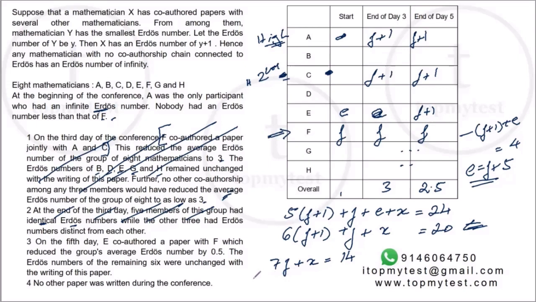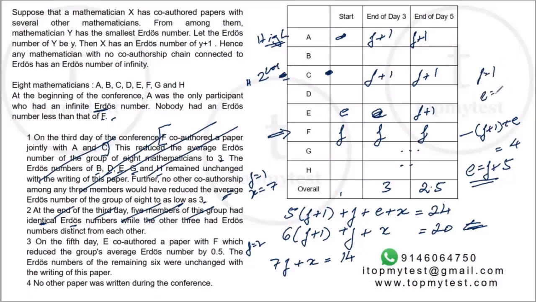If I put F equal to 1, X will become 7. Possible. If I put F equal to 2, X will become 0, which is not possible because only Paul Erdős can have 0 as a number, and we don't have Paul Erdős' spirit over here. I know it's in his memory, but his spirit is not present here. So that will be a completely different scenario. So basically, F has to be equal to 1. F is equal to 1.